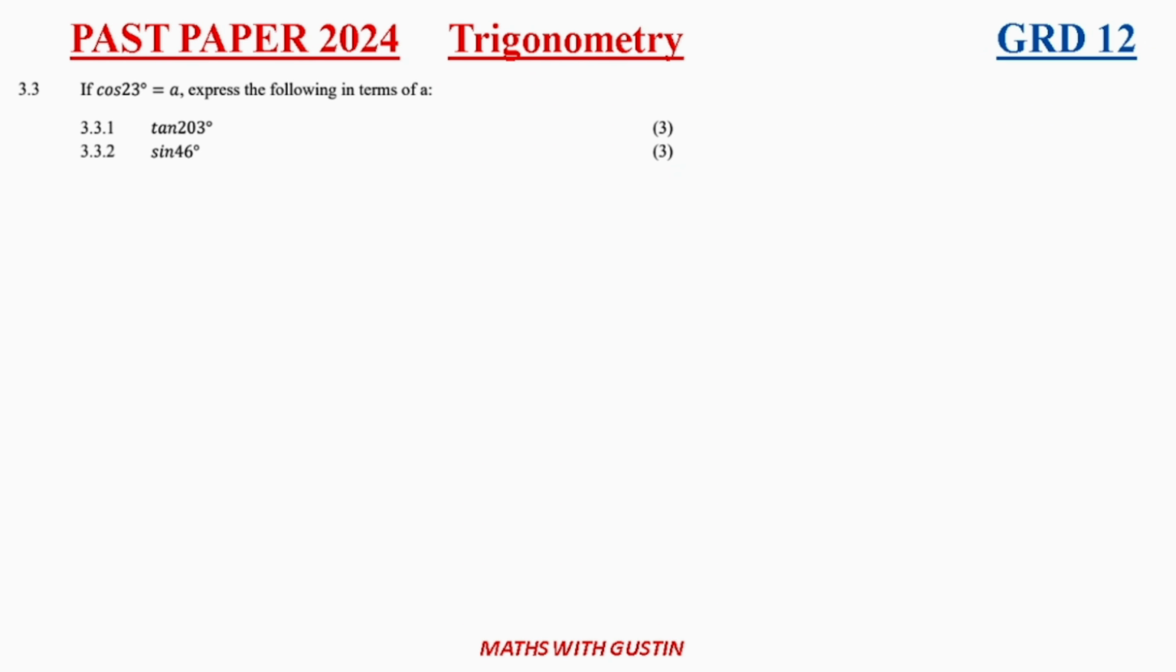All right, guys, welcome to this one. We're still on trigonometry. Let's have a look at this one. The question says, if cos 23 is equal to a, then express the following in terms